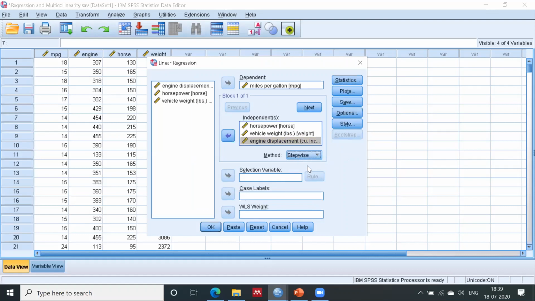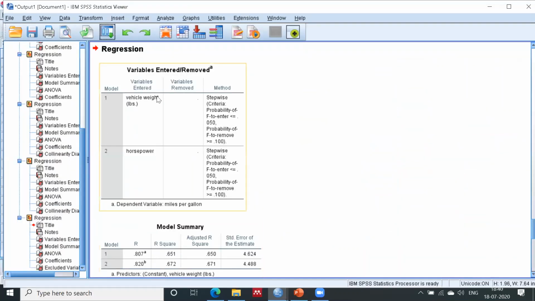I just opt for the multiple stepwise regression here, with all independent variables and one dependent variable. Then click on OK. You will see this is the result of the stepwise method, and in the stepwise regression model, you will see only two variables have been entered. First is vehicle weight and second is horsepower. Stepwise regression automatically removed the engine displacement. Even if I had not selected the collinearity, stepwise still removed the engine displacement,